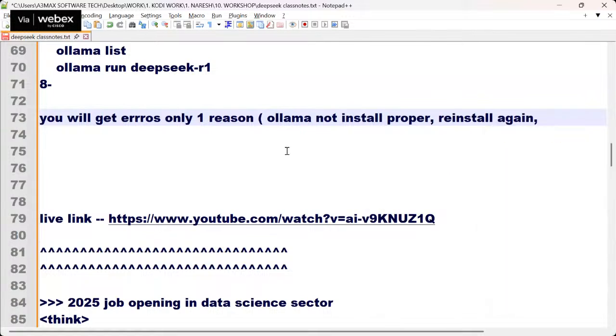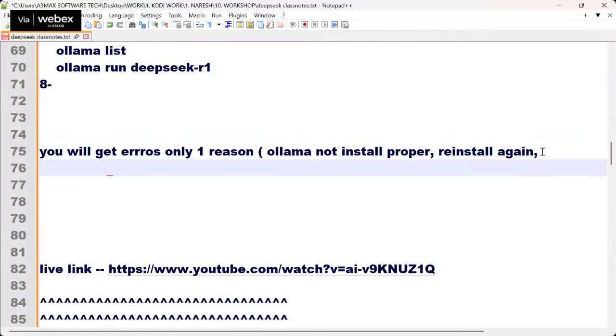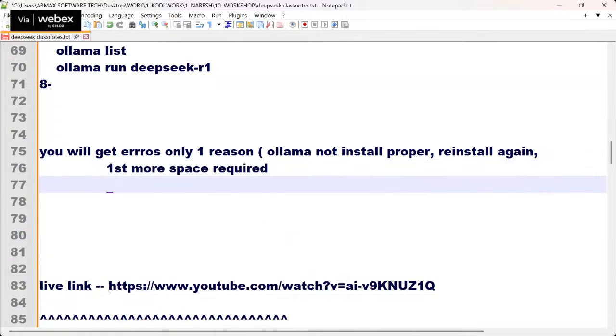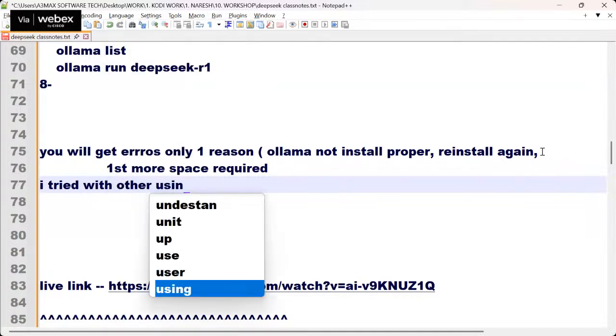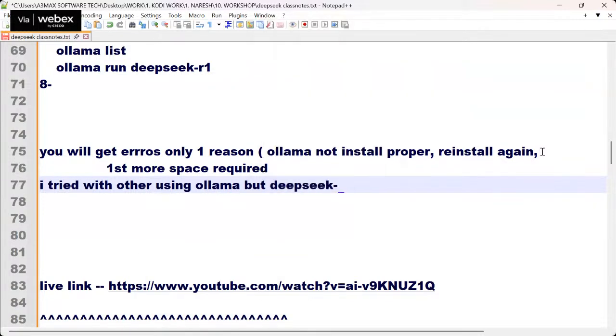This is one way. The other thing is, when you do it for the first time, at least 5 GB more space is required. And trust me, I tried other models using Ollama, but DeepSeek runs very nicely compared to the others locally.